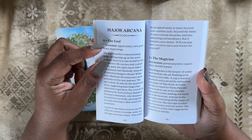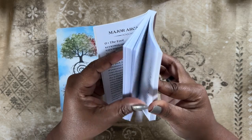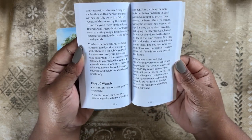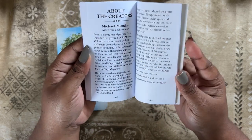You get the title, the keywords, and then her write-up for each card, and they're pretty good write-ups. We'll go through a major and a minor at the end, but they're the same amount for the majors and the minors. And then in the back, there's about the creators. There's some